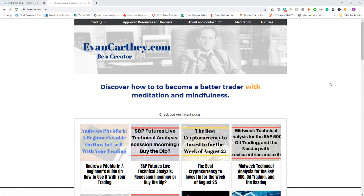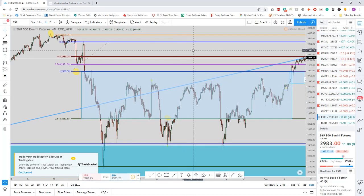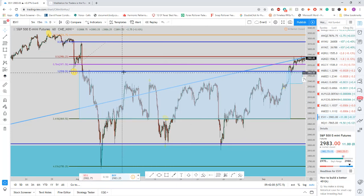Today we are looking at the weekly preview slash review of the S&P 500, the E-mini futures. We're going to go over a little bit of last week, some trades that got completed, and setups to look for next week. So the big news in what I was looking for last week is this setup right here,